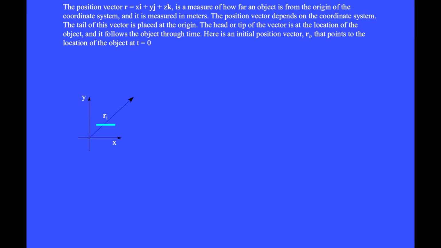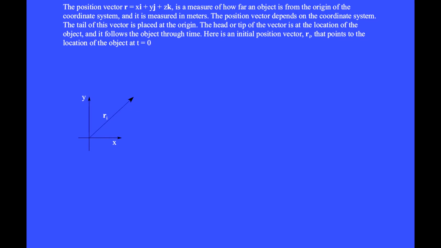The position vector r equals x i-hat plus y j-hat plus z k-hat is a measure of how far an object is from the origin of the coordinate system, and it is measured in meters. The position vector depends on the coordinate system. The tail of this vector is placed at the origin and remains there. The head or tip of the vector is at the location of the object, and it follows the object around